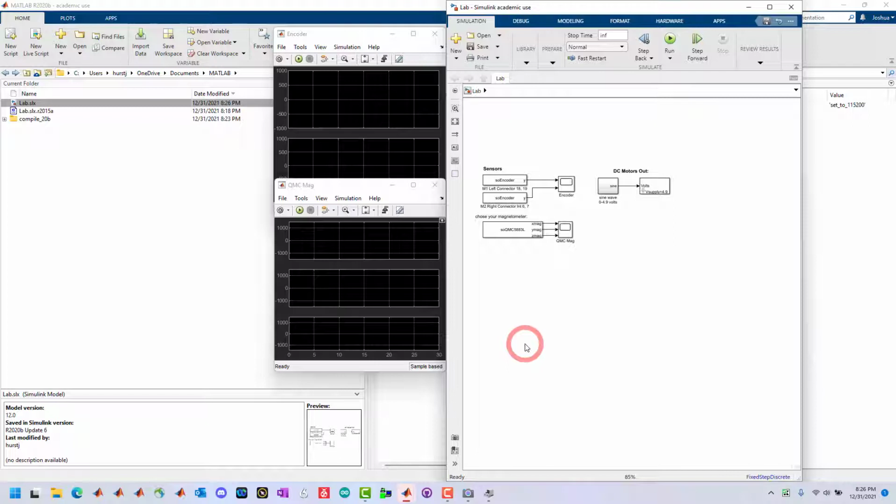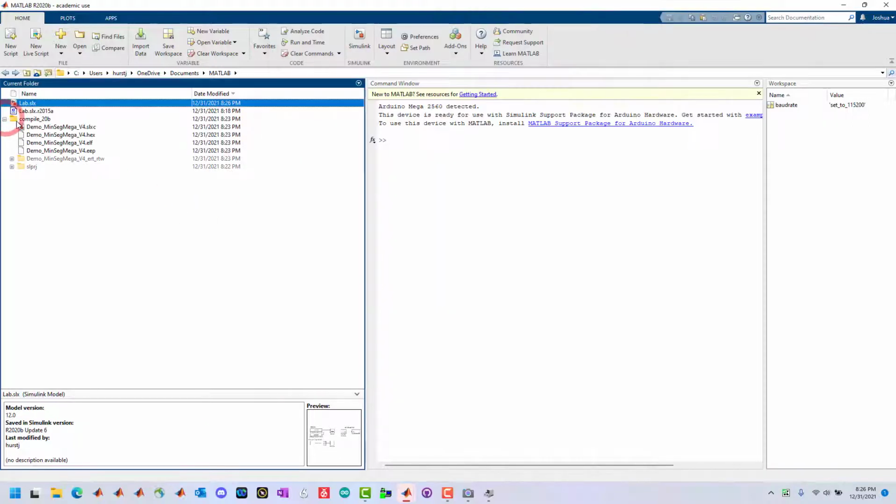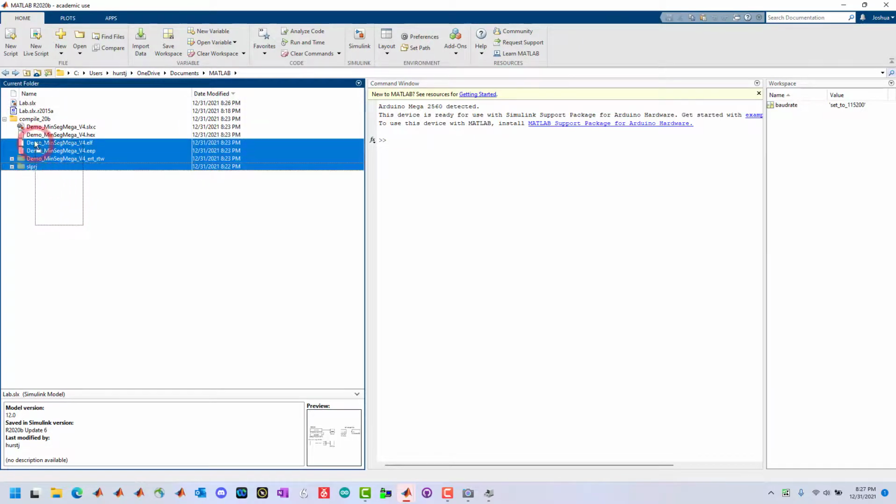Notice when it ran the previous file, it created a bunch of compilation files in the compile folder. This is nice because it keeps all of these extra files in a location and doesn't create files all over our computer. You can occasionally delete all of these